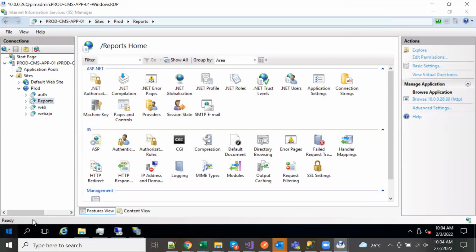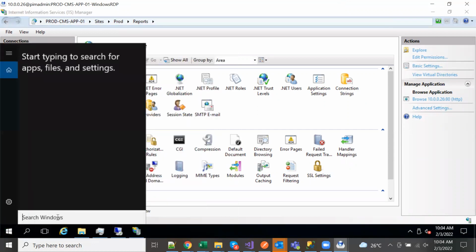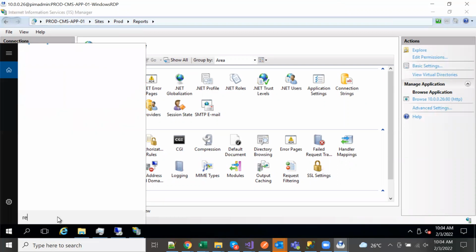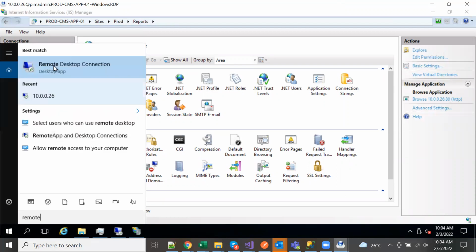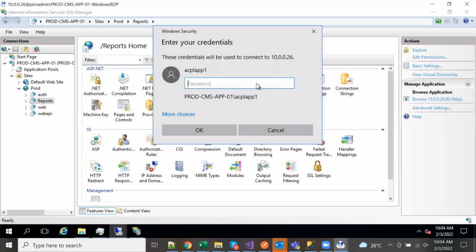No, sir. Production server, app server. Okay, you want me to go there? Okay. Yes. Need to put the password.